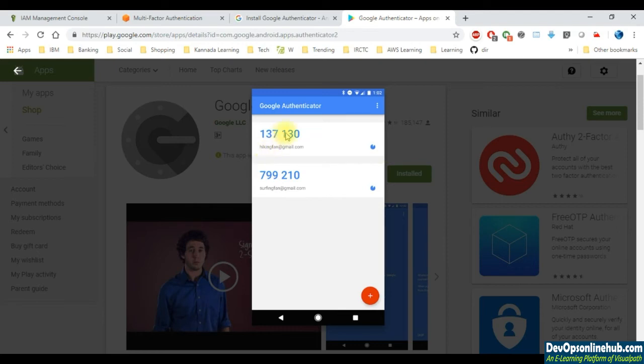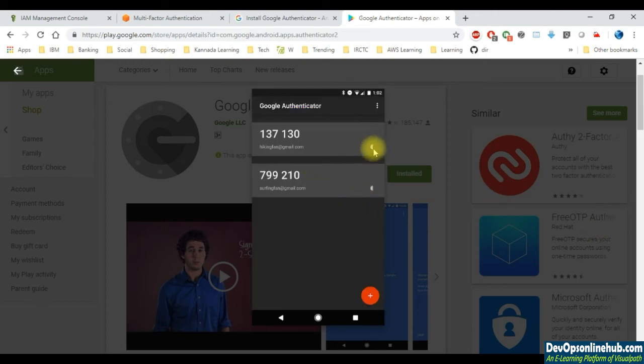So if you have a couple of AWS accounts, you can configure both of them on your authenticator, and this will be displayed like this. Here I have configured a couple of accounts, as you see on the screen, and it shows a specific 6-digit number. And you can see on the right hand side a small circle which displays a timer. After a specific period of time, this 6-digit number expires and automatically a new 6-digit number will come into the picture, right? Here you can see it's already at half time, and after some time it will expire and a new 6-digit number will appear. So let me quickly scan the QR code.